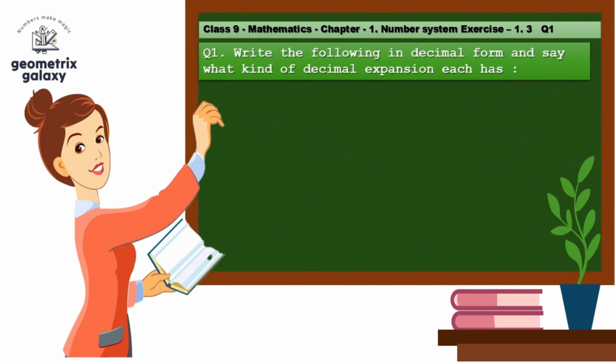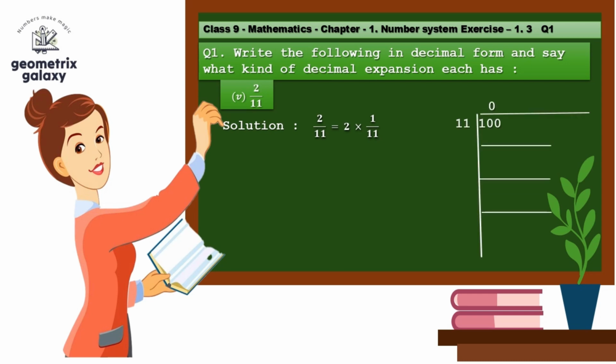Our fifth subdivision is 2 by 11. 2 by 11 can be written as 2 into 1 by 11. We already found the answer for 1 by 11 in our second subdivision. You can refer to that answer. If you divide 1 by 11, you will get the answer as